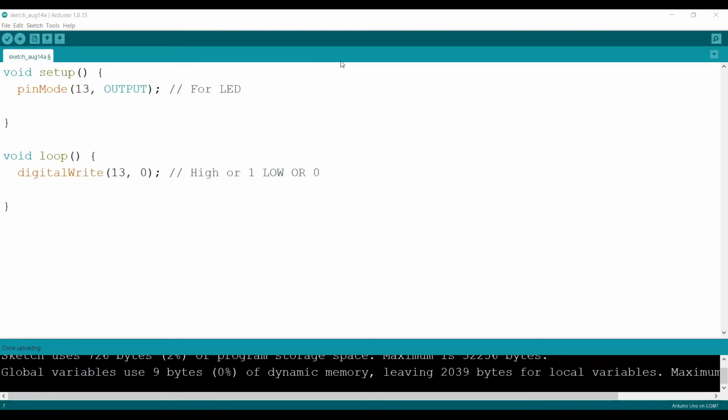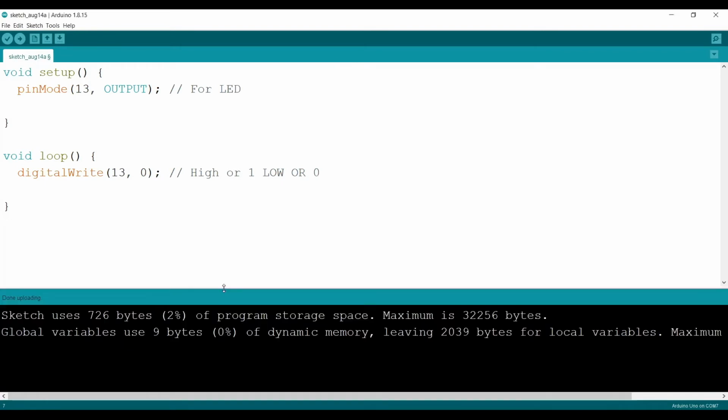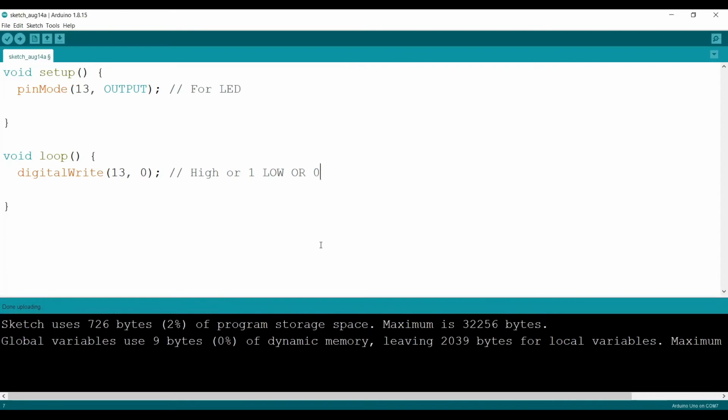Otherwise, we will put a timer using the delay function. Yeah, using the delay function. This is the basic logic for it. First we have to set HIGH, and second we have to put LOW, with a delay in between. The basic idea for blinking an LED is that for some time it should turn on, for some moment it should turn off, and for some moment it should turn on again. That's how a blinking effect will be created. So this is the basic logic that you need to think about before blinking an LED.